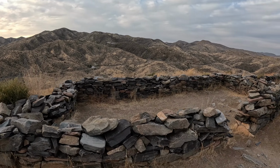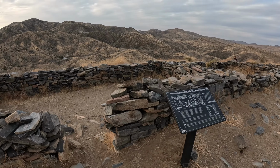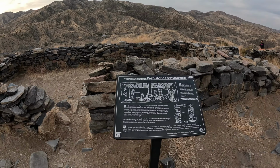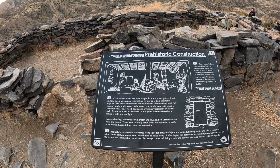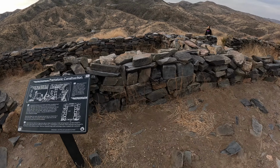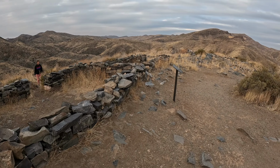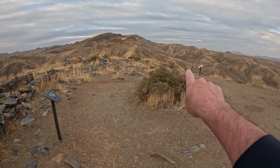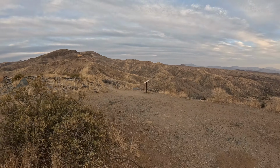These are cool. I mean, super cool. And there were little remnants of ones all up through the trail as we were coming up. Some were in a little bit better shape than others, but super, super cool. And then down over this part of the rocks, I don't know, maybe we can see it, but there was